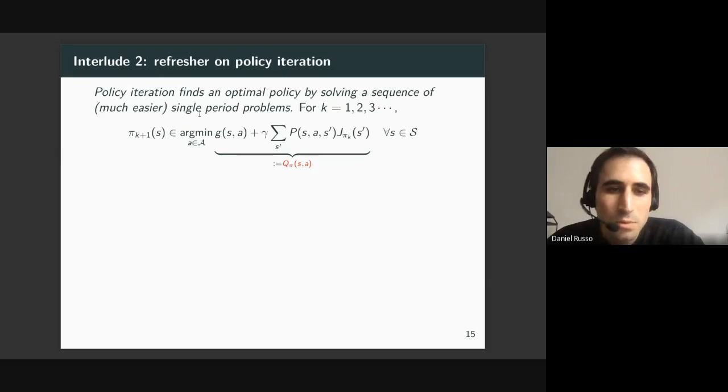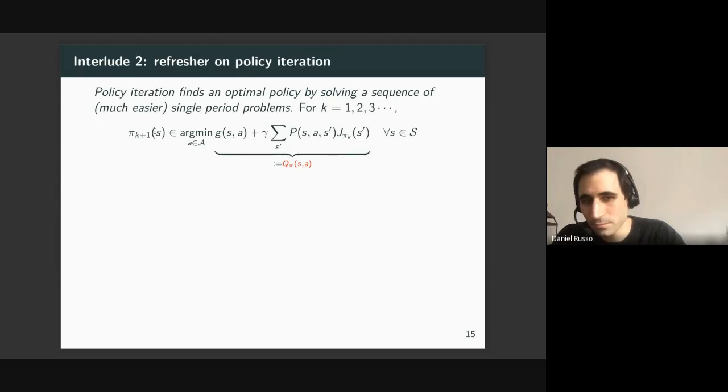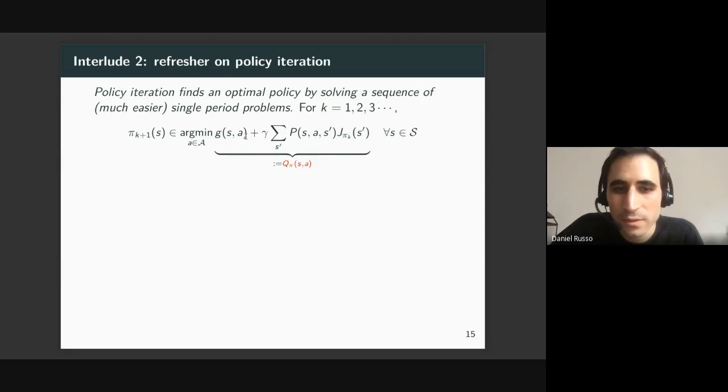Okay. So what policy iteration does is, starting with a policy pi k, it considers at each state S the Bellman update, kind of the one-step look-ahead cost to go associated with applying an action A for a single time step before following pi k thereafter. In RL, this is usually called the Q function. And it forms a new, improved policy that attains the argmin on the right-hand side for every state S.